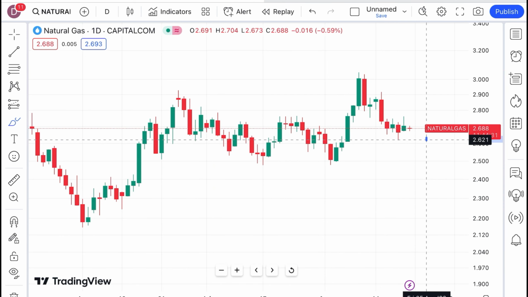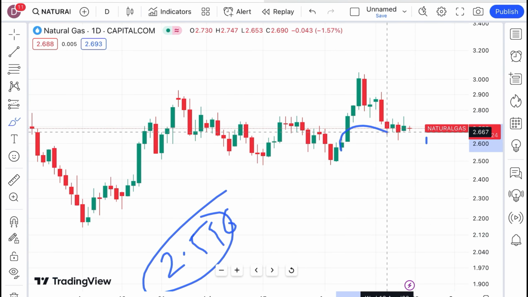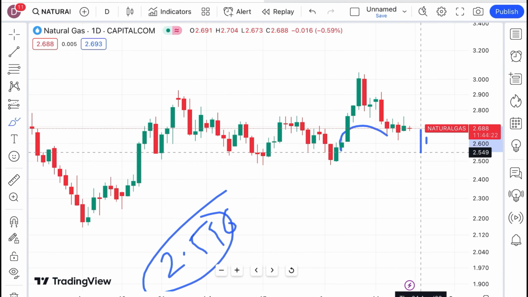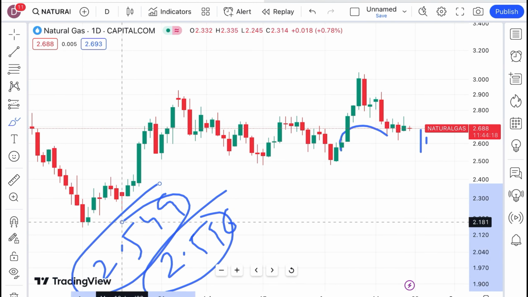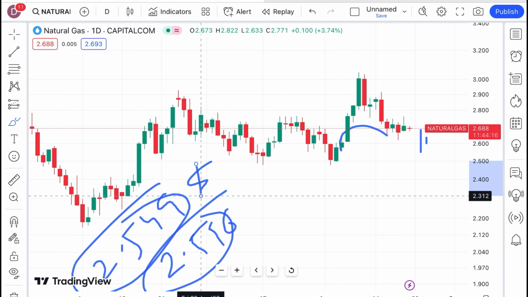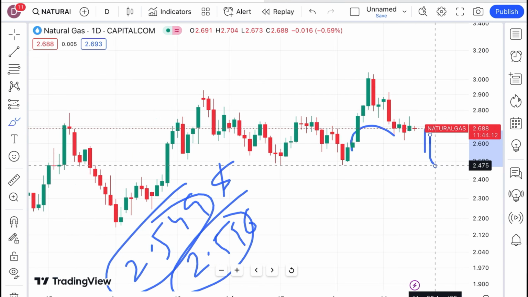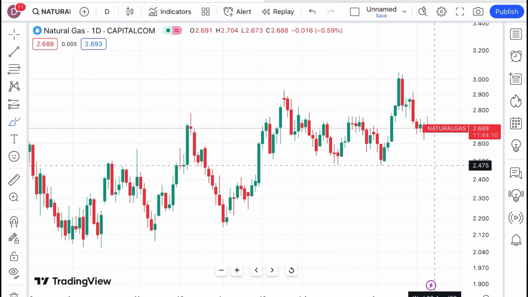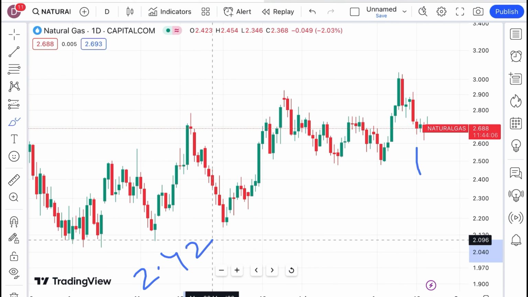Now once the price falls below this particular level, we can see it will go further low towards 2.596. Then there is a probability of it moving further down, and we can see it will cross a level of around 2.549. That is again a weak support, so chances are high it will go further low, and a probability of going towards 2.479 will be there, and then from there we can see a level of $2.428.